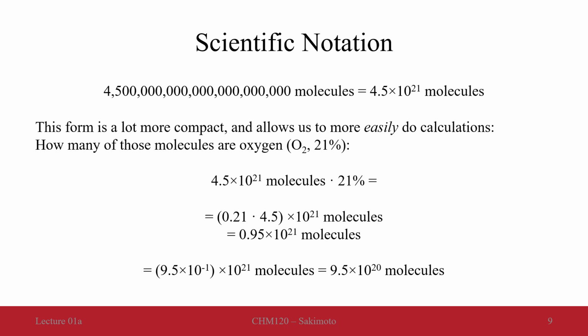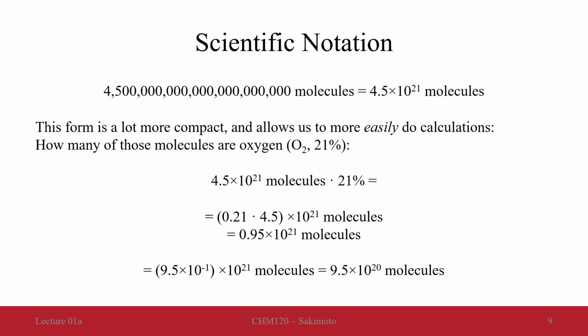We want to move the decimal place and have the 9 to the left of the decimal place, but still, of course, have the same number. This 0.95 we can represent in alternative scientific notation. 0.95 is the same thing as saying 9.5 times 10 to the minus 1. This minus 1, of course, means basically 1 over 10, or divided by 10. So we can take 0.95, turn it into 9.5 times 10 to the minus 1, all of that times 10